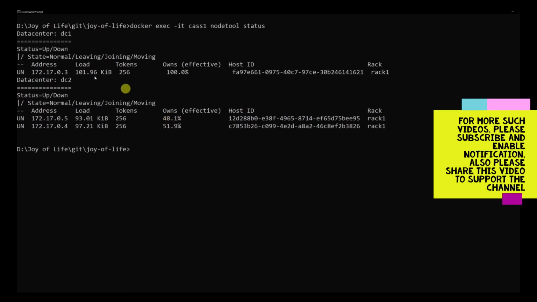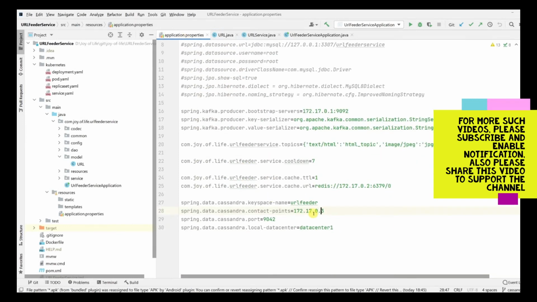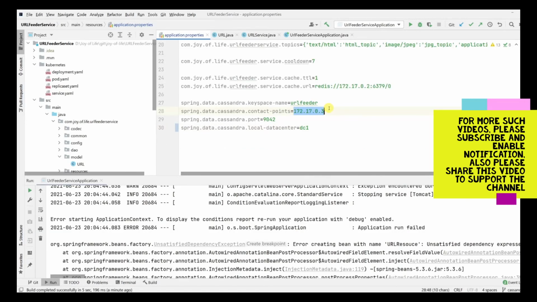And these guys over here, so if I put a record in DC1, this rack, the replica will either be in 05 or 04. That's why you see a lesser percentage over here, and a higher percentage, 100% of the data, here, right? So now what we are going to do is connect to the same endpoint 03, and let's say we are connecting to DC1. Okay, we are running from local, we don't need to do this. We're pointing to local, right? So we don't need this, so let's fall back to localhost.